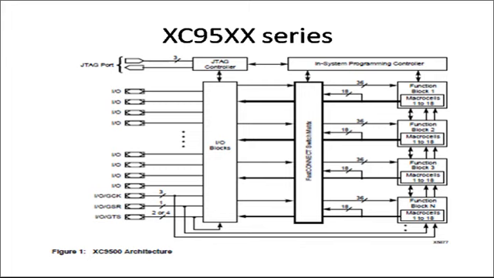The remaining part is the basic architecture of a CPLD family, and it contains only three things. Which three things are there? That is the IO block, the fast connect switch matrix, and the function block. Means if anybody asks you the components, or the different blocks available in the 95 series architecture, the three blocks are the IO block, the fast connect switch matrix, and the function block.